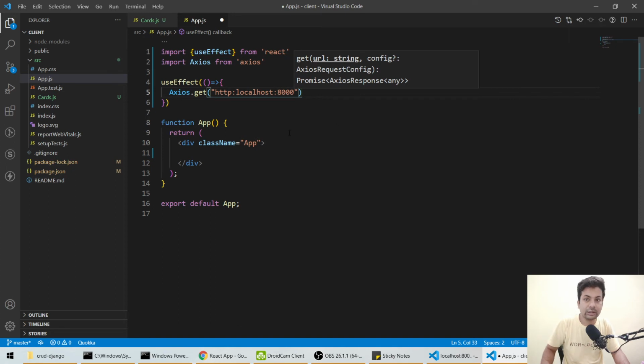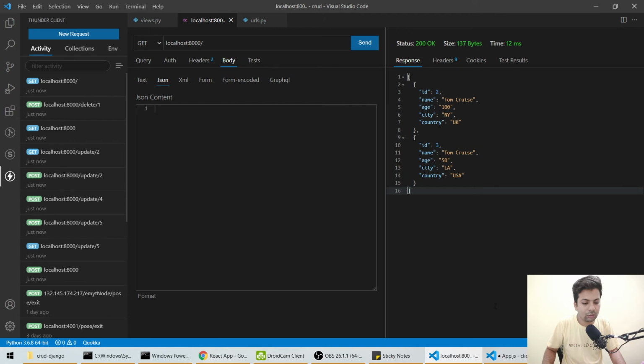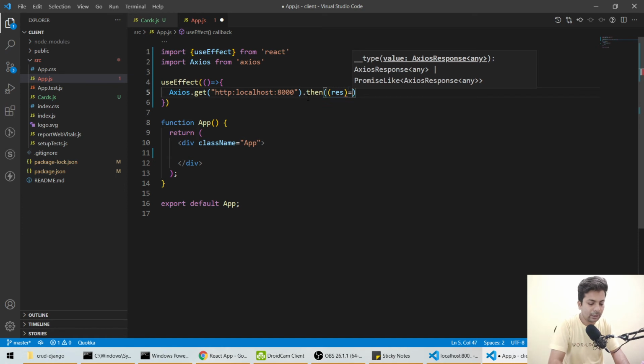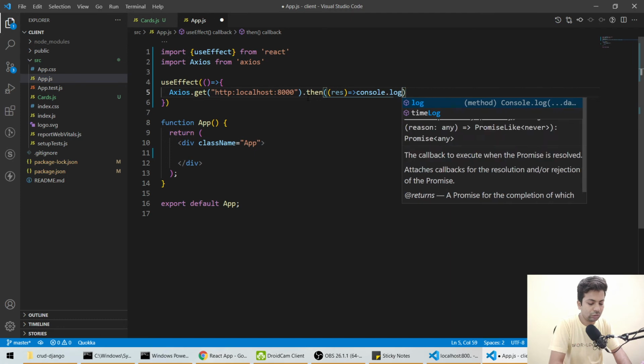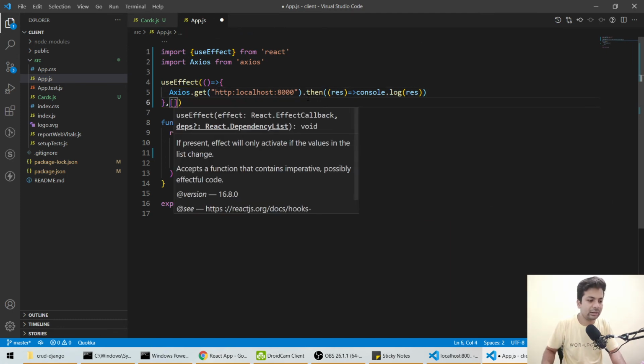We are making a get request on port 8000, like we have seen here. Then we'll capture whatever data is coming with .then and console.log it for now. And make the dependency array empty because it should run only once.